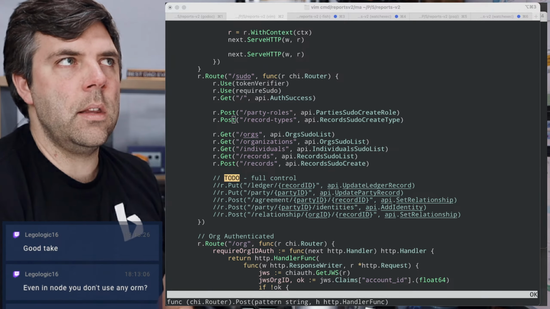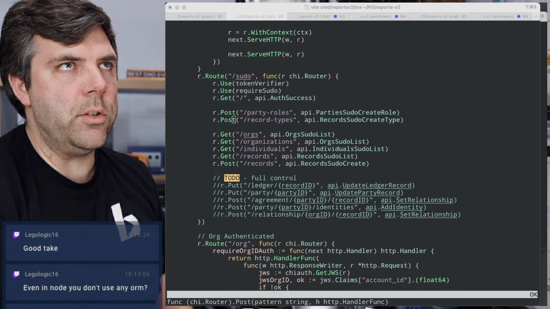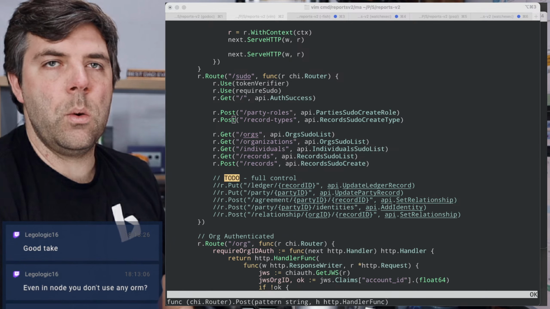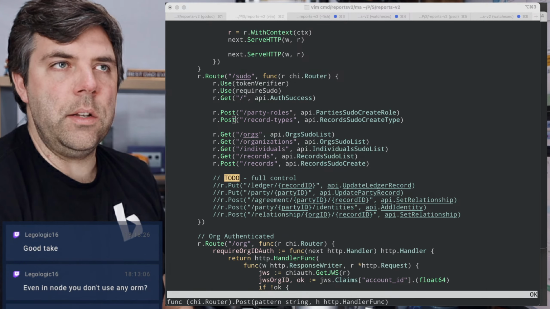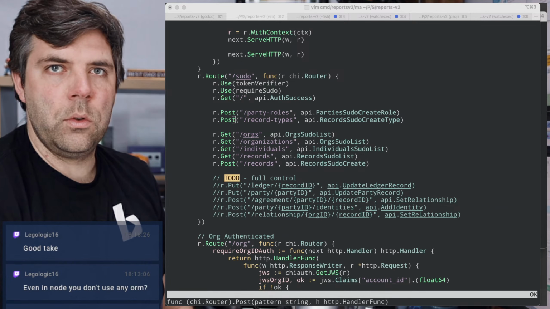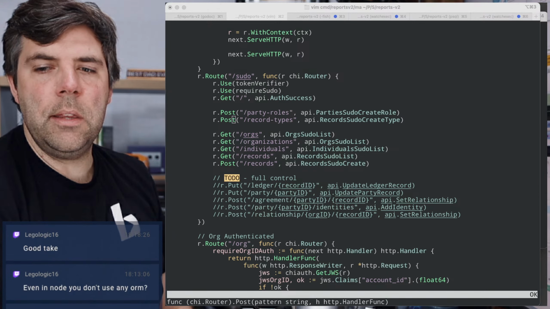In the next project, or when I pick up my previous payments project, because a lot of stuff I do in Node doesn't use a database, because I'm doing libraries and lower level stuff. But I think I'm going to use SQLC and then just write a little CRUD generator, because that seems to be the simplest approach.